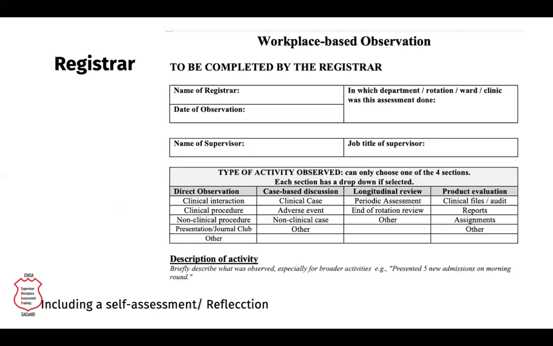I'm going to give you just an example of what a work-based placed observation tool might look like to gather any of these. There are a variety of different projects in place at the moment to start looking at how we're going to capture WBA. And there are two extremes, or two polarities might be a better word. On the one polarity are the family physicians who love forms and paperwork. So we have created 14 different work-based placed observations for different kinds of scenarios that can be filled in.